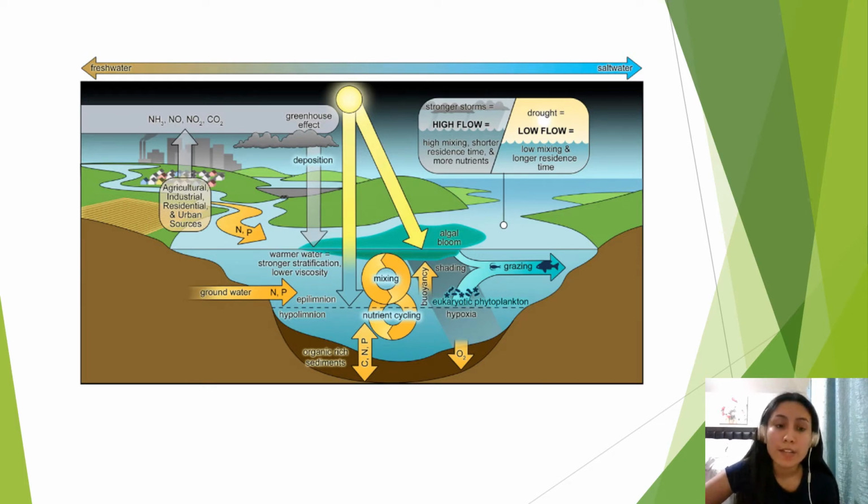We see this on the left-hand side of the image where they show agricultural, industrial, residential, and urban sources creating an increase in NH3, NO, NO2, and CO2, which cause a greenhouse effect in the atmosphere and ultimately causes the water to become warmer. As I previously mentioned, algae likes warm temperatures,